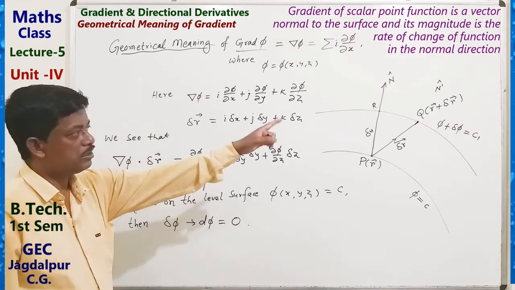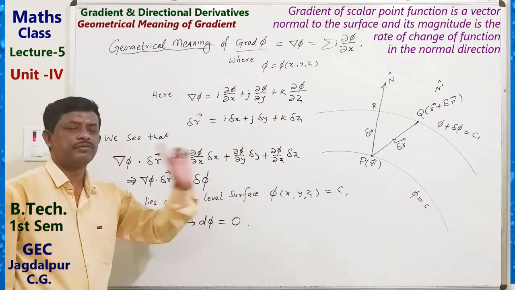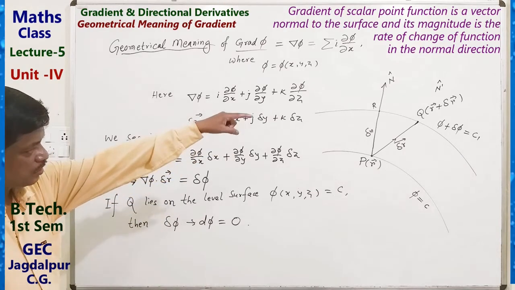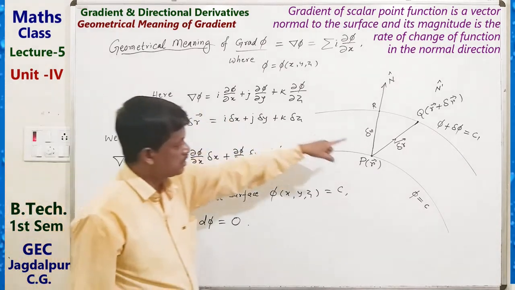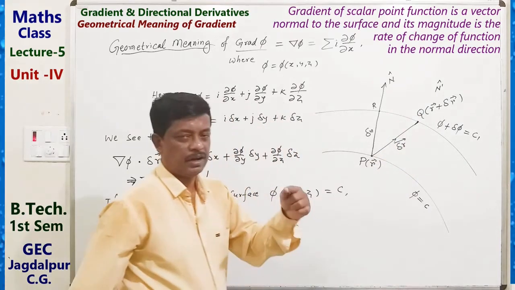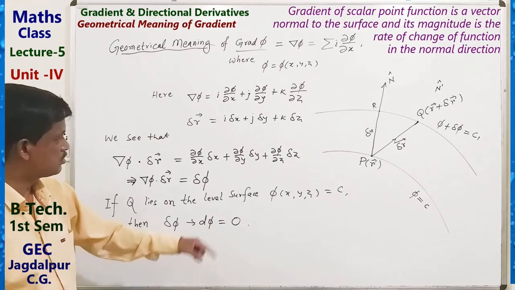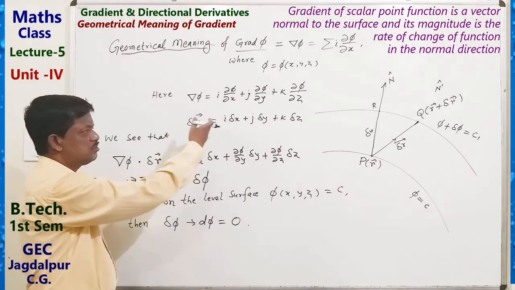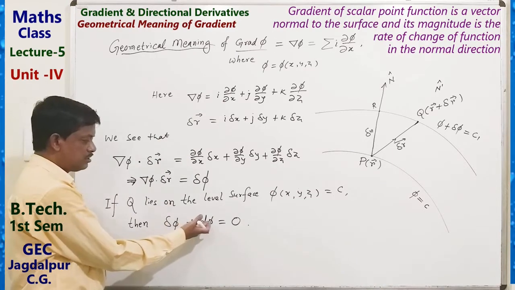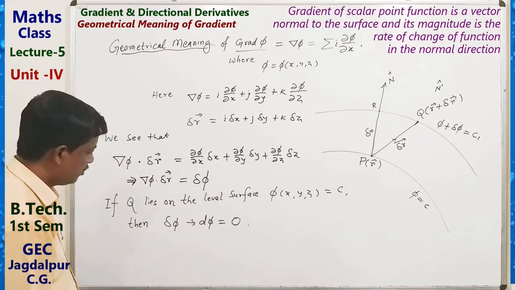Delta phi tending to d phi and also d phi equals 0, so delta phi can also be considered 0, because q lies on this. Just taking the limiting case, delta r tending to d r. So here dx, dy, dz tending to 0, delta phi tending to 0. Okay,